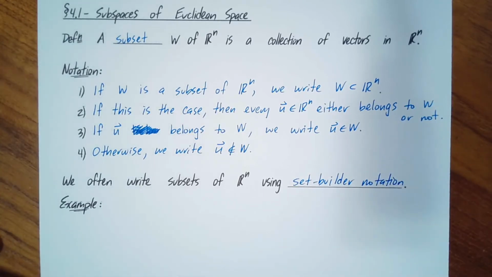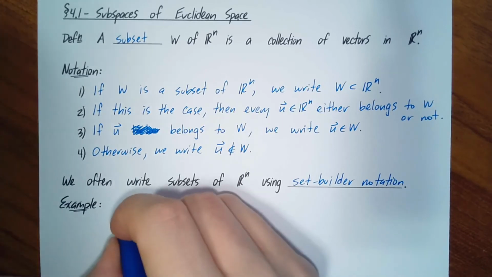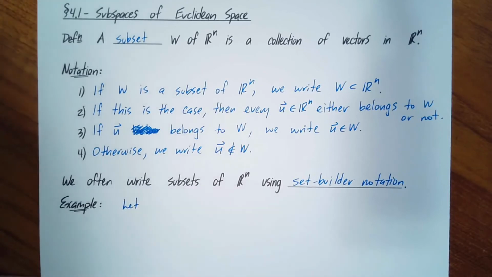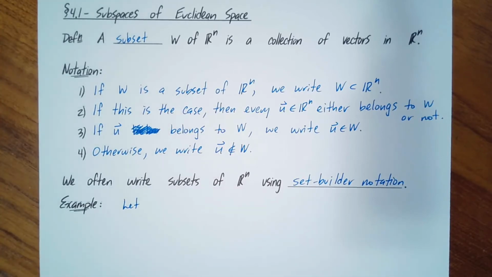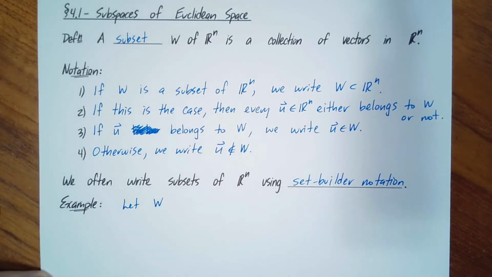All right, so here's an example. I'm going to write it down, and then we're going to talk about how to interpret this language. Let's say "let". In other words, if I use the word "let", I'm just about to define an object usually, or invoke some sort of meaning behind a symbol that previously did not have meaning in our work. So in this case, it's going to be W,